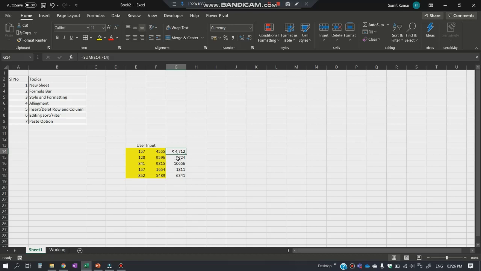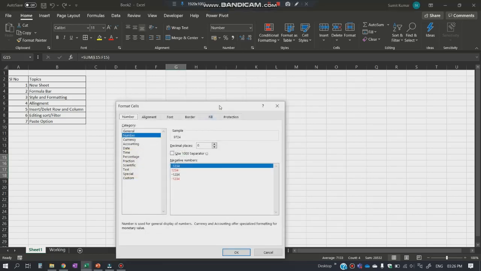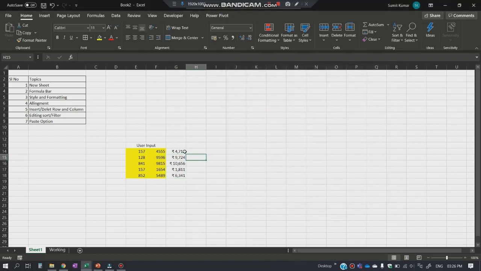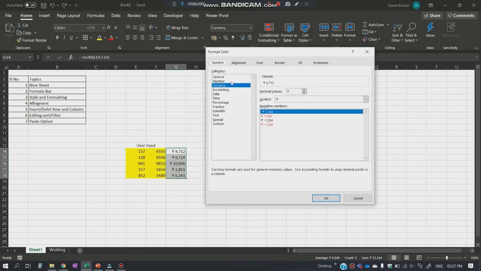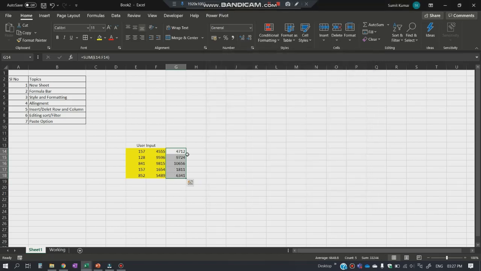So you can again apply it to all the data. Same, you need to select all the data, right click, Format Cells, and again go to Currency. You don't need to change anything. Just press OK, and you can see all the formatting has been done. So same you can try. You can work with the other given data as well. And if at all you want to go back to the normal one, you just need to select the General option. You don't have to do anything else. Click on General, press OK. All the formats will be removed from the given data.